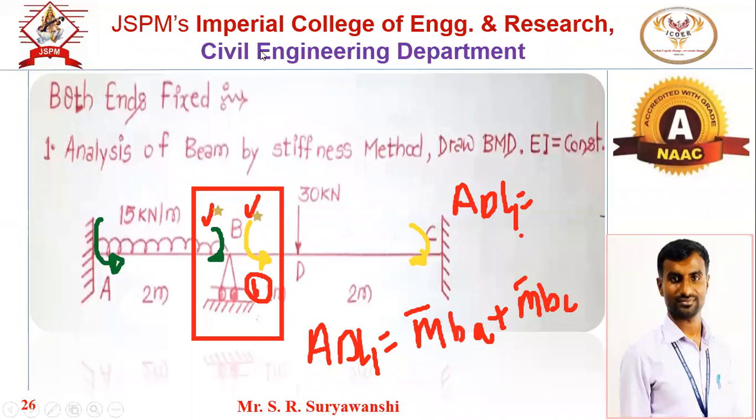Now here, what we have to remember? This is the fixed end moment, and anti-clockwise is positive. Our sign convention is anti-clockwise positive. Now, what is the value of M bar BA? M bar BA is clockwise, that's why minus, and M bar BC is anti-clockwise, that's why plus. Now these are the standard loading conditions. We know the formulas for the fixed end moment. Now tell me, what is the formula for M bar BA? What is the formula for this loading condition and for this movement? What is M bar BA?